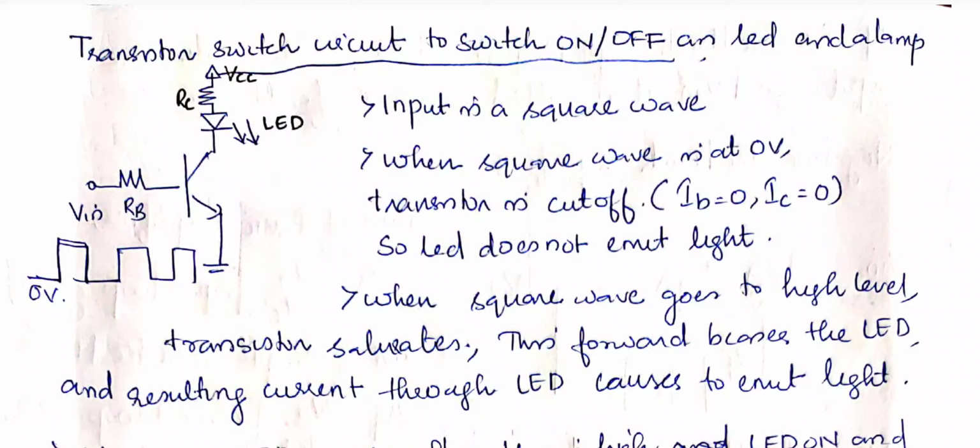So the next topic is the feedback amplifier. In this video we have considered the transistor as a switch and as an amplifier, and one application, turning on and off an LED. So these many things we have seen. The next topic is the feedback amplifier. So what is a feedback amplifier? What is its principle? What do you mean by negative feedback? Its advantages, disadvantages, types. Those all things we will see in the next video. Thank you.